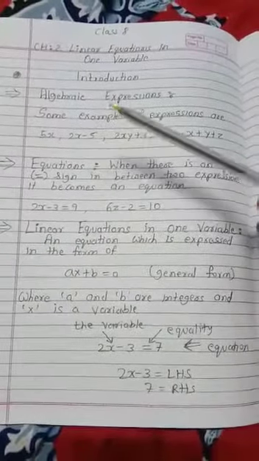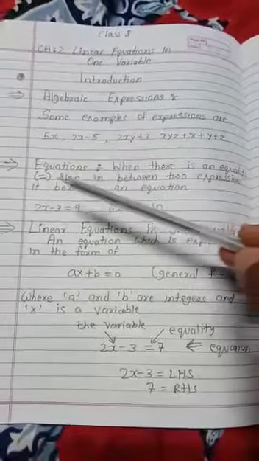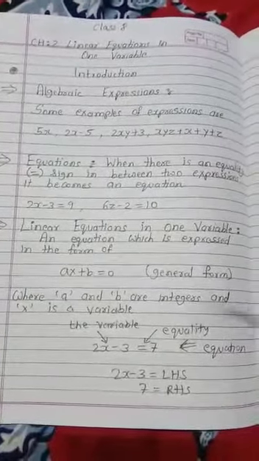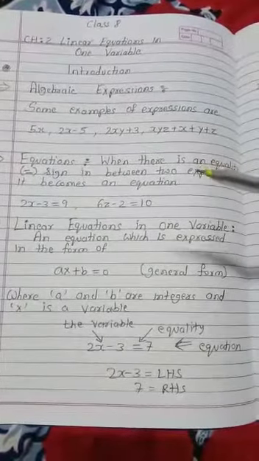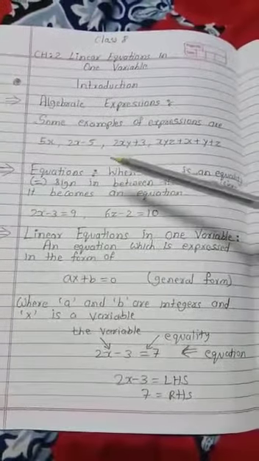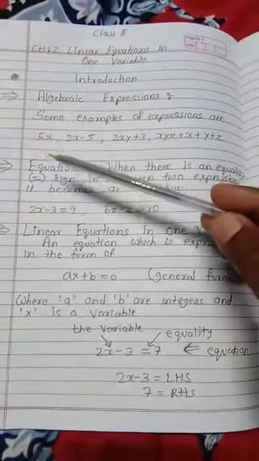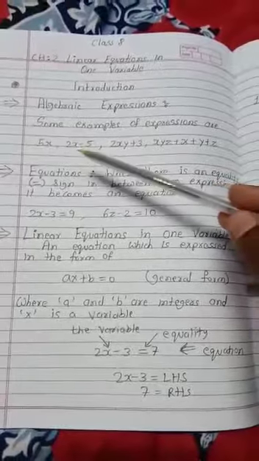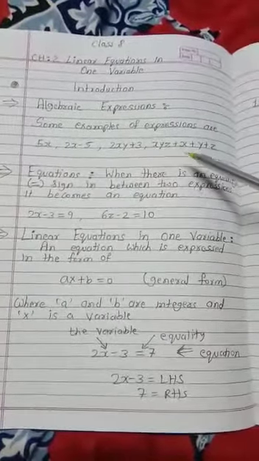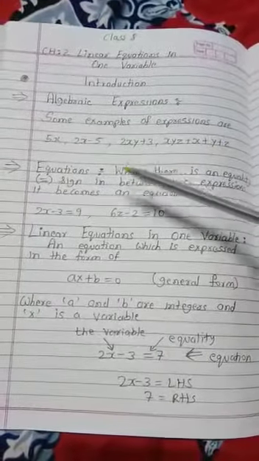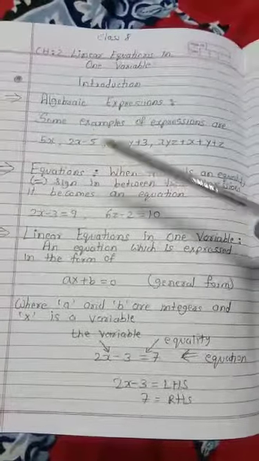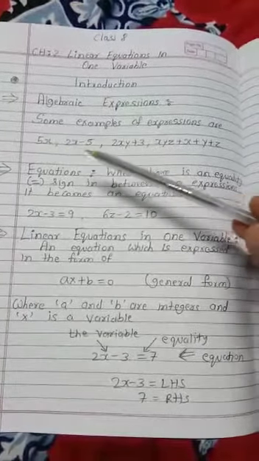So first we have algebraic expressions and equations. Students, in the earlier classes you have come across several algebraic expressions and equations. So just quickly recall them. Some of the examples given here are 5x, 2x minus 5, 2xy plus 3, xyz plus x plus y plus z. These are some examples of algebraic expressions, and each expression is made up of certain